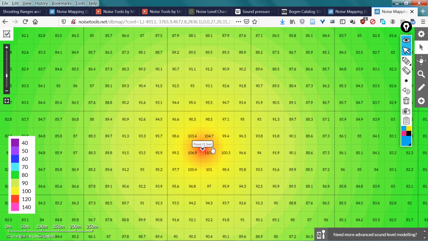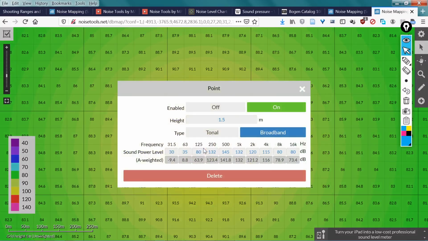But with this little noise program here, I can start to show you how objects in the environment have a radical effect on both the frequency response, the amplitude, and the directionality of gunshot sounds. So let's start right out. What I've done is create a little environment here where I put a point, and that point is a theoretical muzzle blast, and it's at the ground level. What a shooter at the ground level would be, 1.5 meters off the ground, and I've set it up so that this